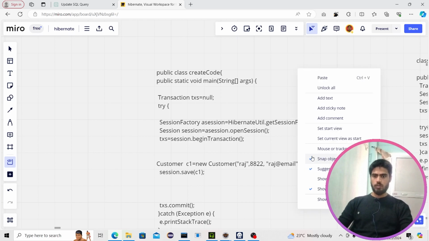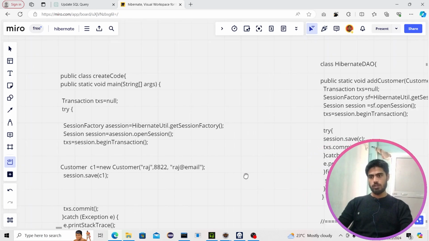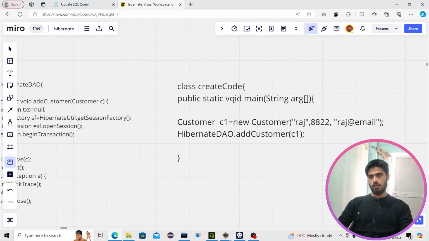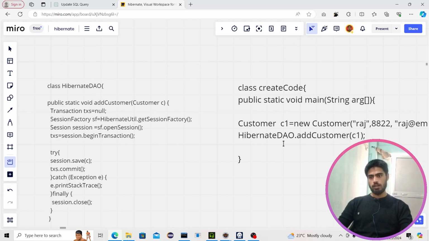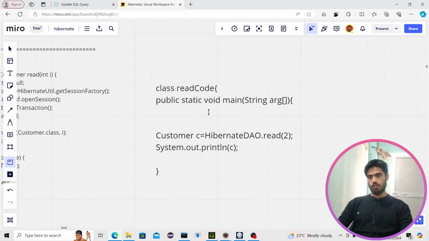But in previous practices, to insert a customer inside a table, we had to write this much. But in the new one, to insert a customer in the table, we just have to write a single line of code. We are making a customer object and passing it to the add customer method inside Hibernate DAO, and it will do the job. Exactly the same if we want to perform a read operation, then just a single line of code,